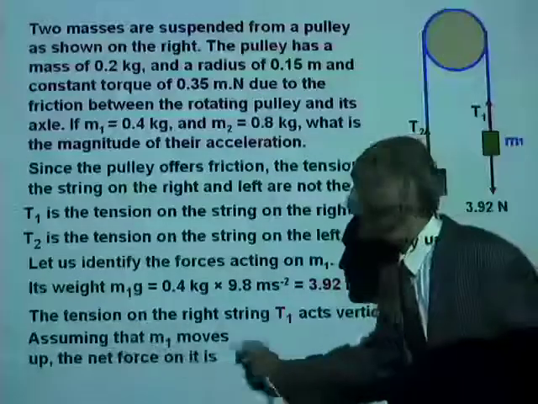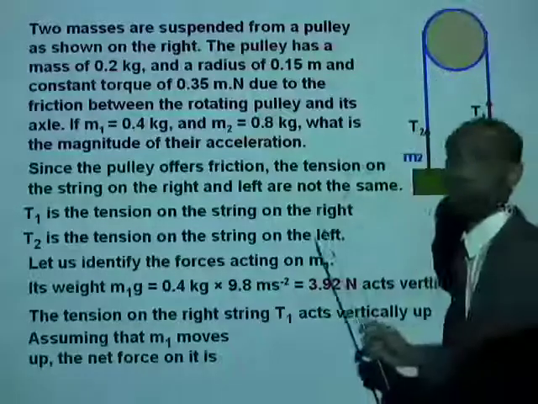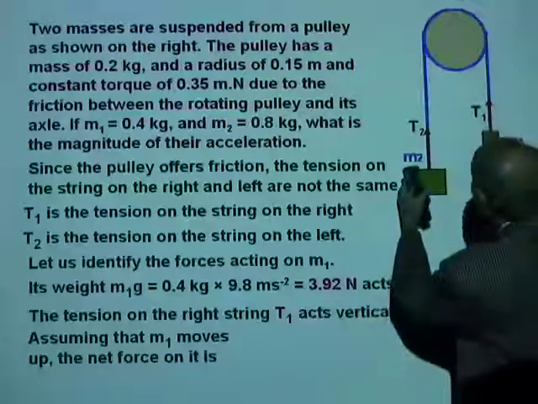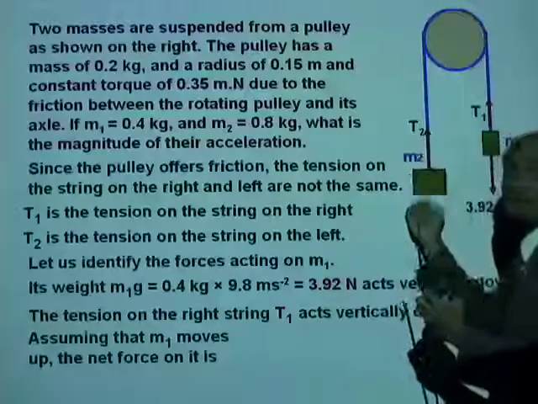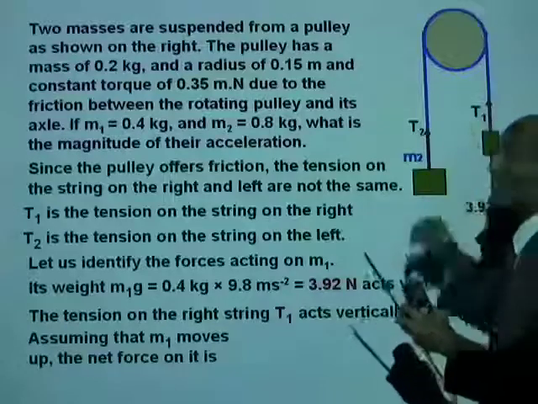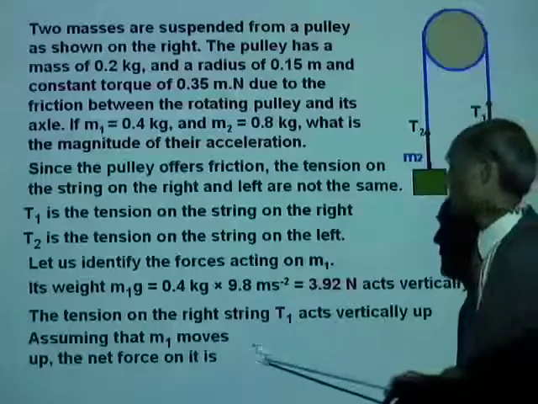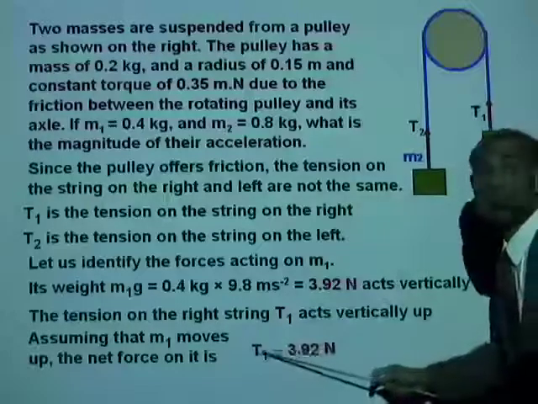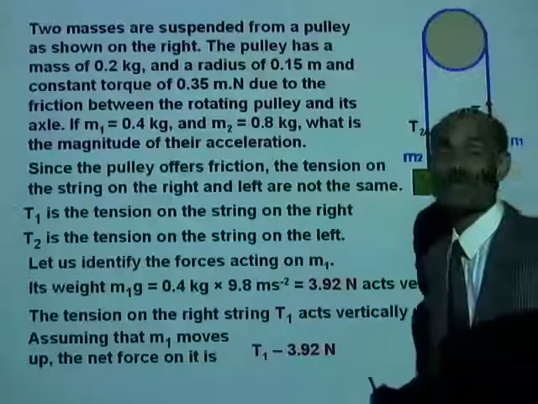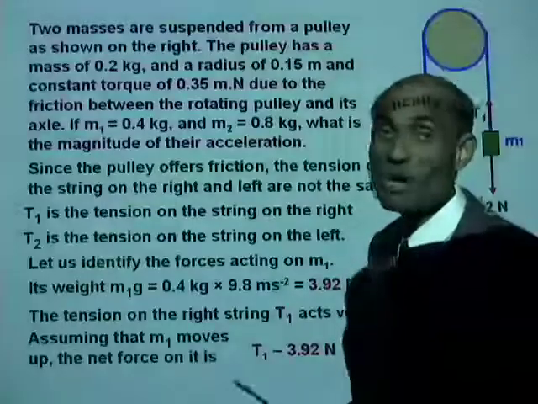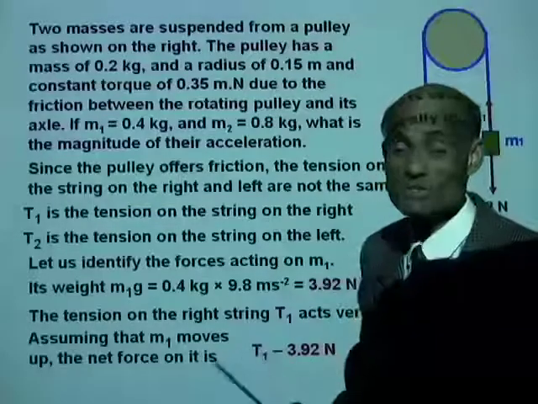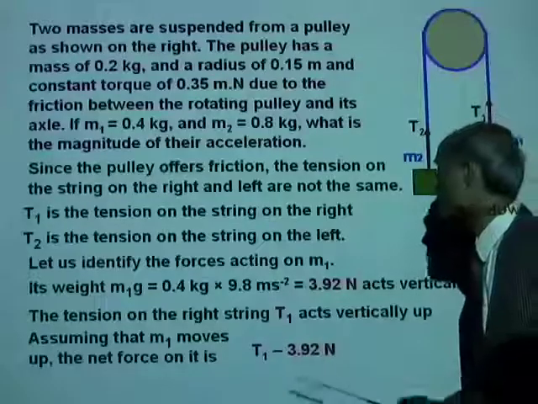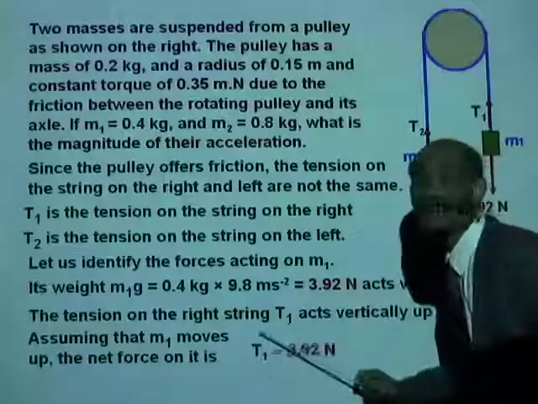Assuming that m1 moves up, that's what we had started with, because m2 is greater, we would assume that m2 will move down and m1 will move up. We have the net force on m1 is T1 minus 3.92. Now remember, we are only considering the magnitudes here. So T1 minus 3.92 is the net force on